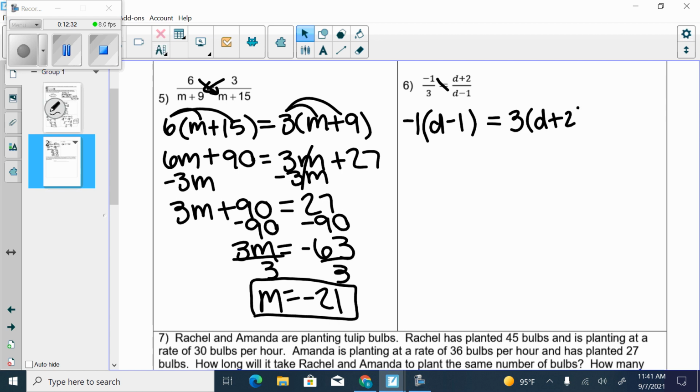Very good. All right. So now we have to, very good. So what is -1 times d? Very good. And -1 times -1, nice. Equals 3 times d. And then 3 times 2 is 6. Good. All right, now let's